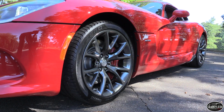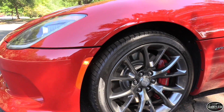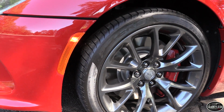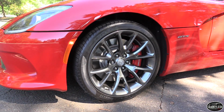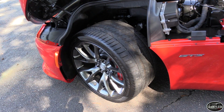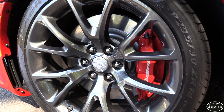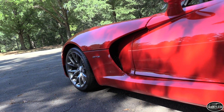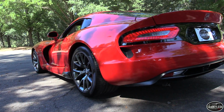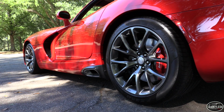In 2013, the Viper was offered with 8 different forged aluminum wheel options, 2 of which were exclusive to the $3,500 track package. My car is equipped with the split 6-spoke Venom wheels finished in hyper black paint. Compared to the previous Viper, the front wheels are half an inch wider, now 18 by 10.5 inches, while the 295/30 tires are 20 millimeters wider. These changes also widen the front track by 1.3 inches to 62.9 inches, without any significant changes to the suspension itself. The 19 by 13 inch rear wheels are the same size as before, but the massive 355/30 tires are